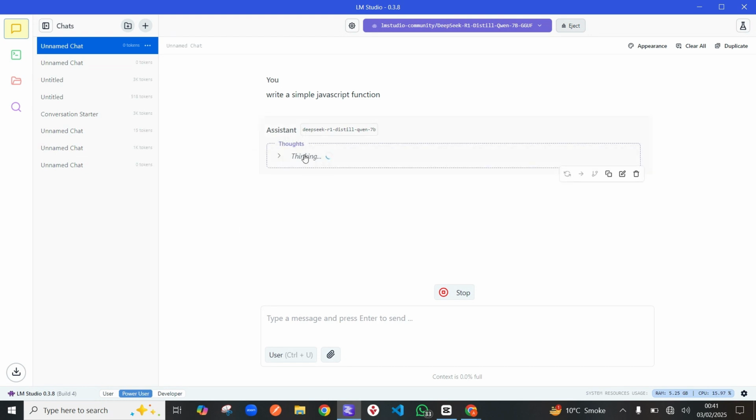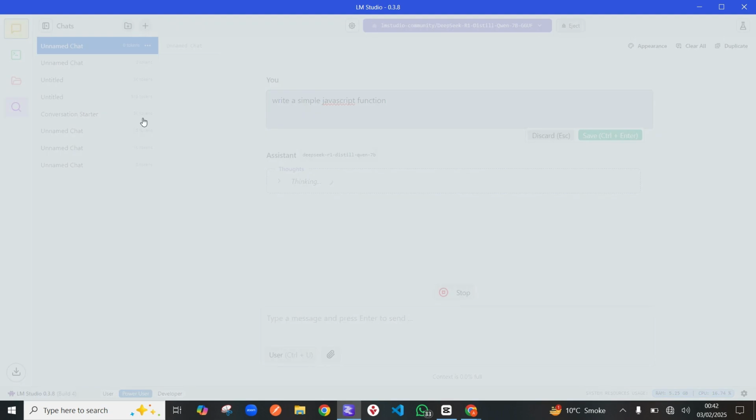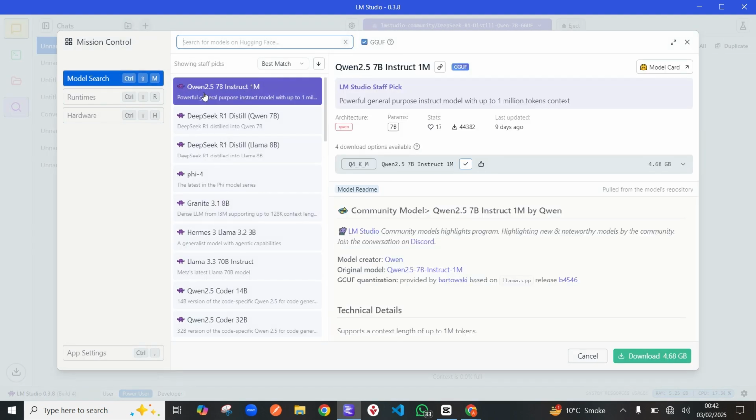As soon as it completes the thinking process, it's going to give you an answer to your prompt, which is write a simple JavaScript function, right? And then you can edit it and do so many more things. And you can also go back here and search for more models like 2.5